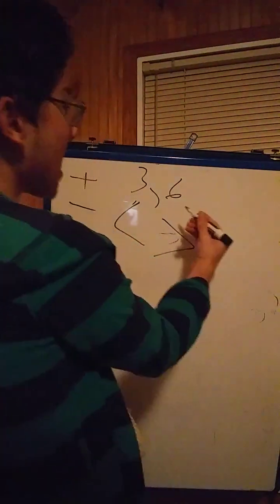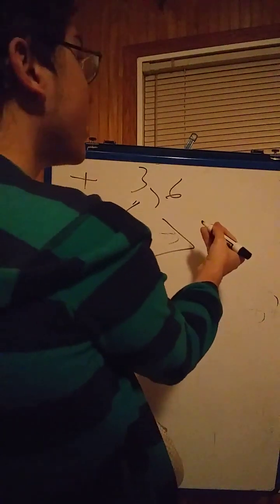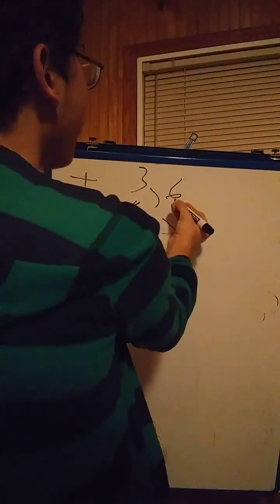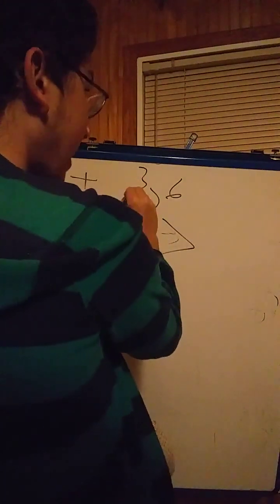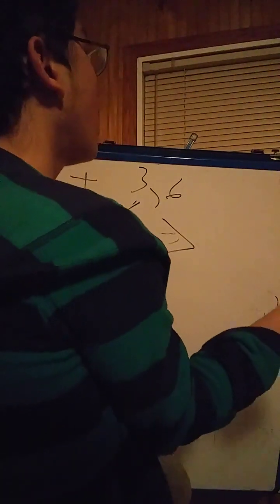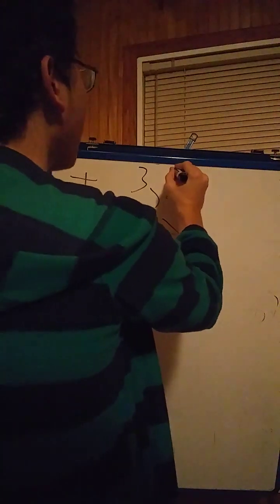So 6, both of these are positive numbers. So we look further to the right. 6 is obviously a bigger number than 3. So we want to eat more of that. So we want to get to the bigger number. So 6 would be